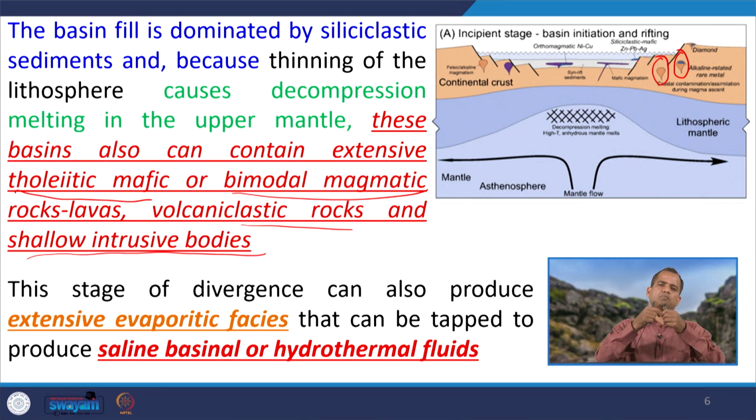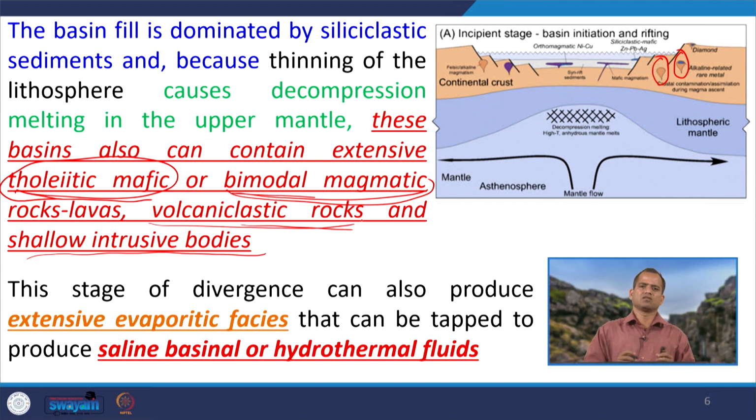So, at the upper part when we started stretching, we are just affecting the upper crustal rocks, so mostly felsic magmatism. When we are stretching further downward, that means we are moving to the lower crust or mantle level, and we go for tholeiitic magma generation. So, there will be bimodal magmatism, because earlier we had felsic magmatism and then we are creating this mafic magma. The volcanic rocks that were emplaced will be eroded and will contribute to the lacustrine and marine sediment, mostly as volcaniclastic rock.